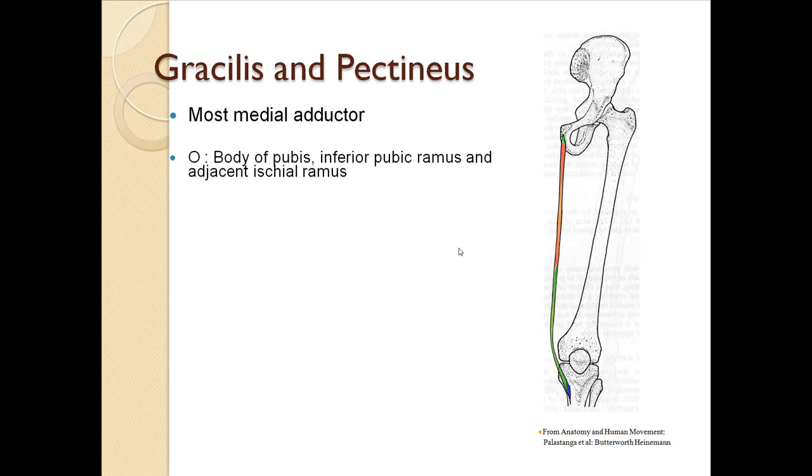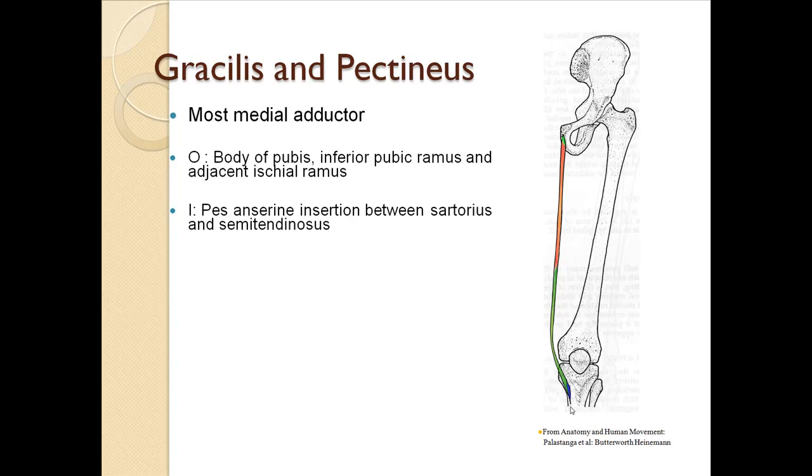Gracilis, on the other hand, arises from a short aponeurotic attachment that passes from the body of the pubis down to the inferior pubic ramus. Point of note is that gracilis is the most medial of the adductors, so it's the most superficial muscle in the adductor compartment. Halfway down, it produces a tendon that passes down behind the medial femoral condyle, behind the medial tibial condyle, before coming round and inserting in between sartorius and semitendinosus here